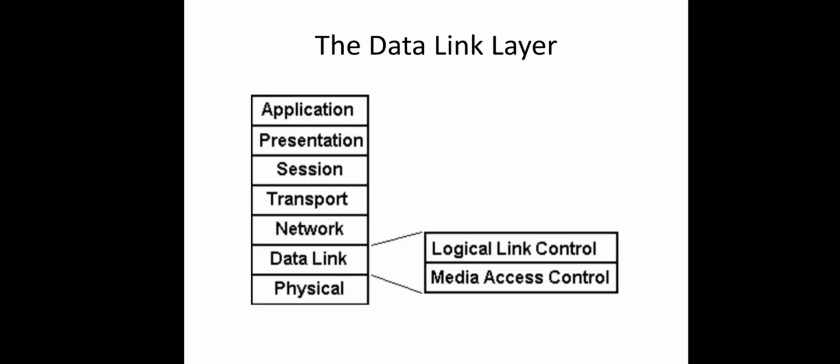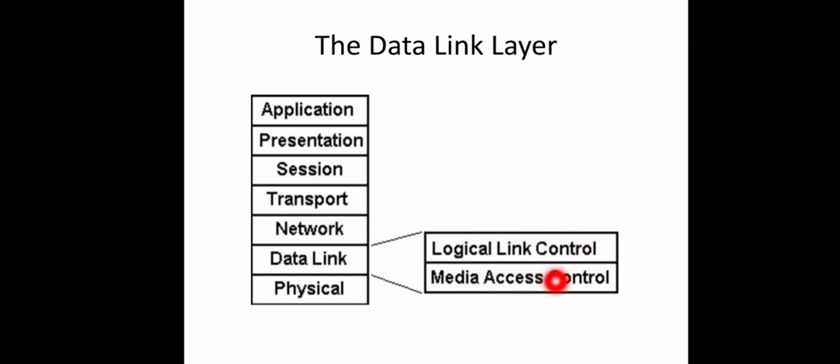First we will discuss different design issues in this data link layer. Then we will discuss the different protocols and algorithms used. As you know, the position of the data link layer in the entire software hierarchy is just above the physical layer, right? Based on the functionalities or responsibilities of the data link layer, this layer can be divided into two sub-layers: the logical link control layer and the media access control layer. Logical link control mainly deals with how the link and the media can be controlled, the different algorithms and functionalities we can see in this layer.